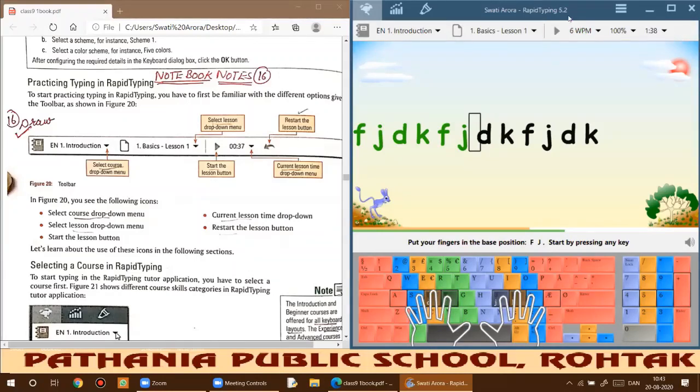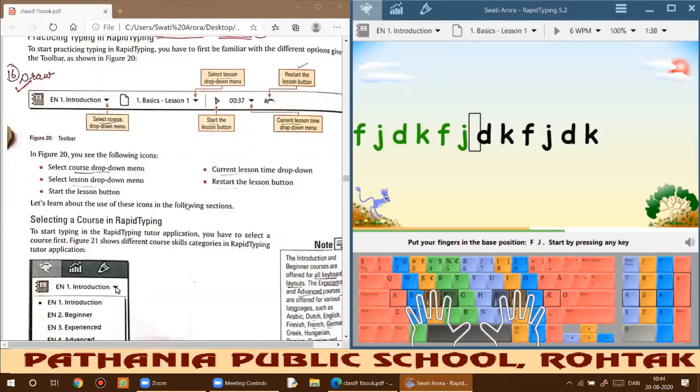Right now I'm not able to show you because the window is minimized, so that is why it is not visible. When you open it in full screen mode, you will get an arrow like this. Okay, after clicking it, you will be able to restart your lesson from the very beginning. Okay, so I hope these things are clear to you.